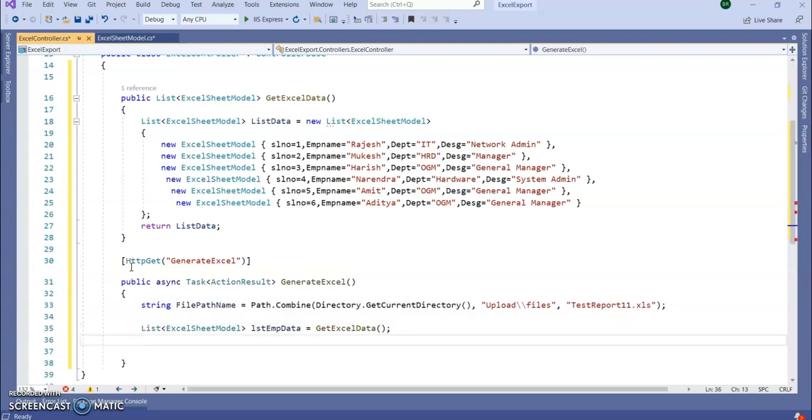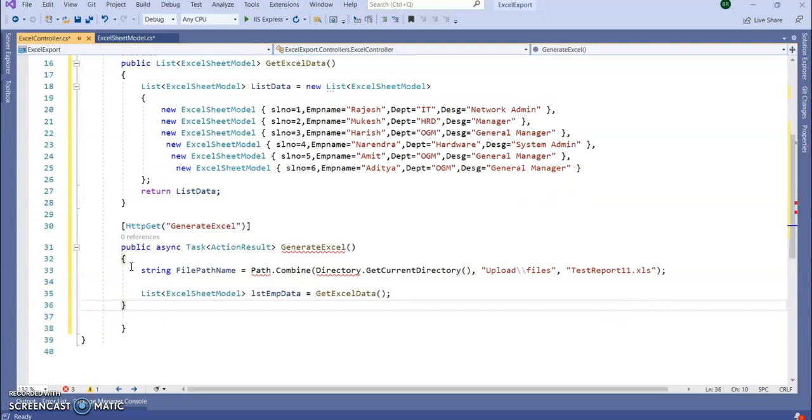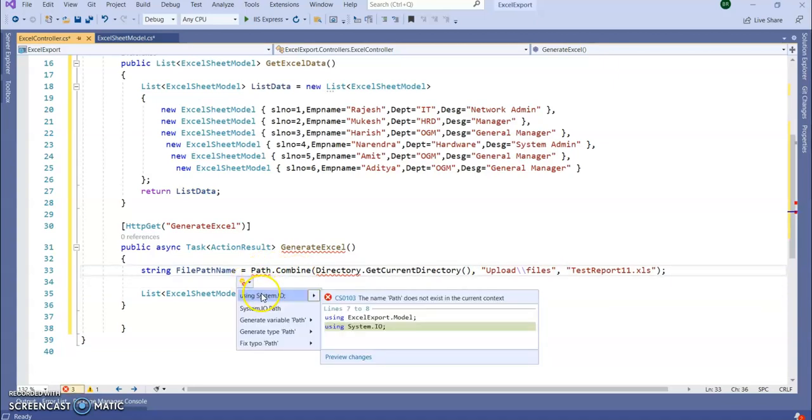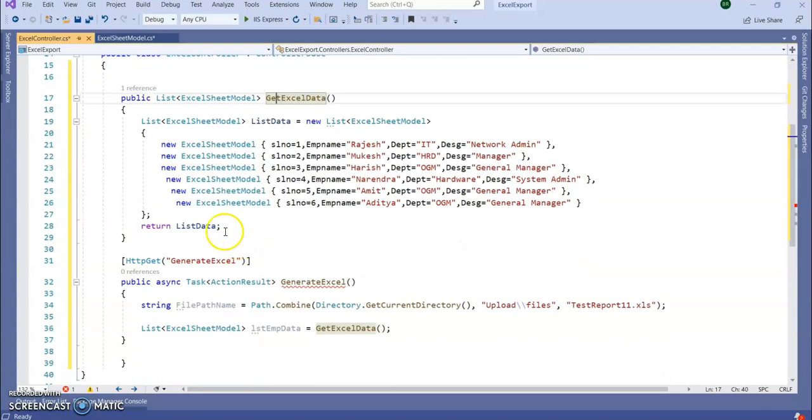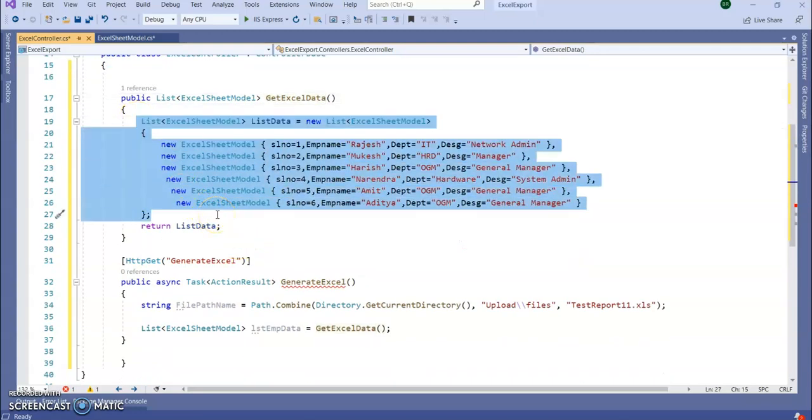Next, I'm going to add a web API, a GET API to generate the Excel sheet. Here I am adding one controller action which is GenerateExcel, where I am going to create an Excel file, test report one.xls. For the path I think we need System.IO, right? Next, I created a list of employee data and I call this method GenerateExcel by getting the list of Excel sheet model.